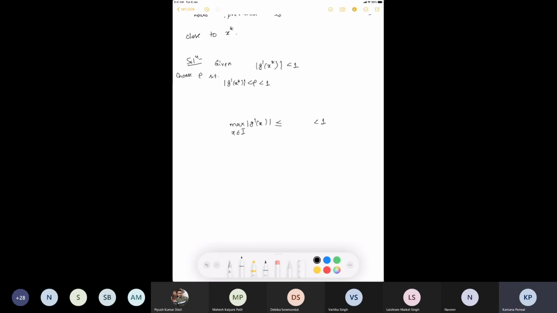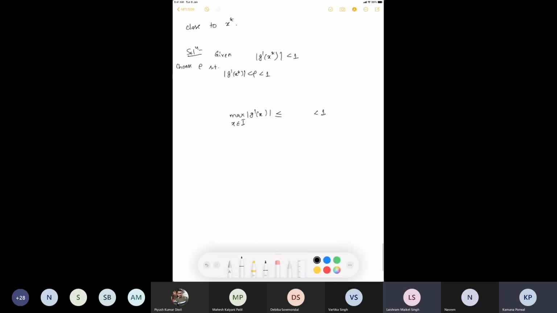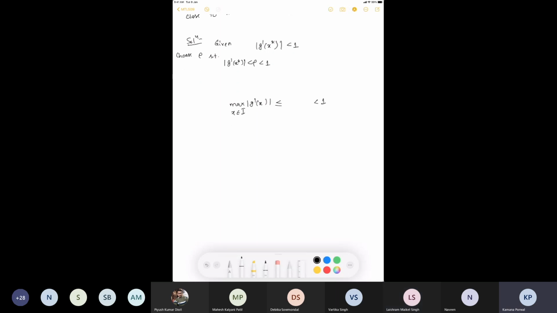Okay, now can you just help me, how can we find an interval I so that we can say that g prime of x will be less than or equal to rho for all x in that interval? Yes, ma'am. Okay, you just have to complete this. How do we have to find it? You have to use the continuity of the g prime, okay, and that will ensure that